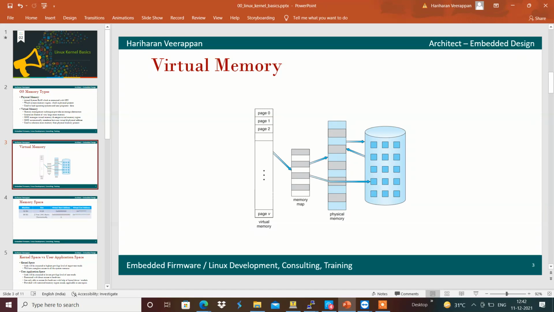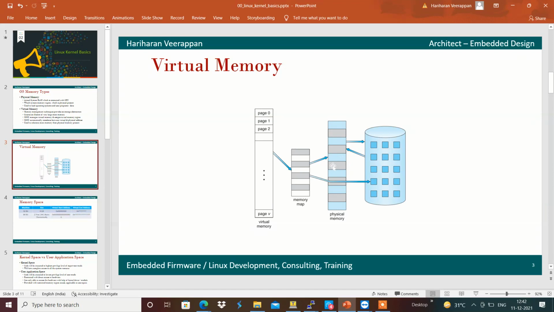Whenever the processor is executing some portion of the application, it checks whether that particular access is present in the physical memory.